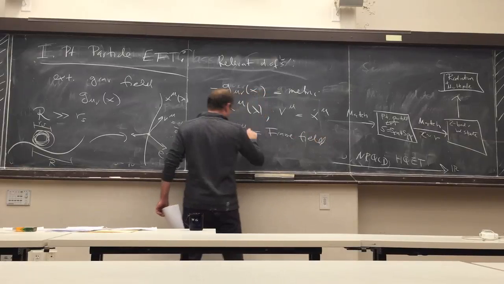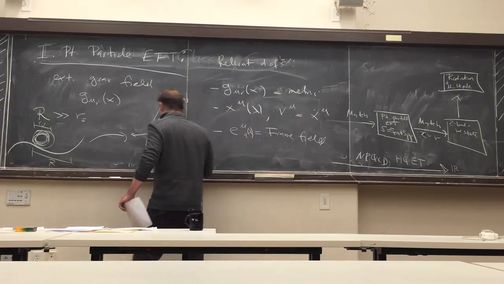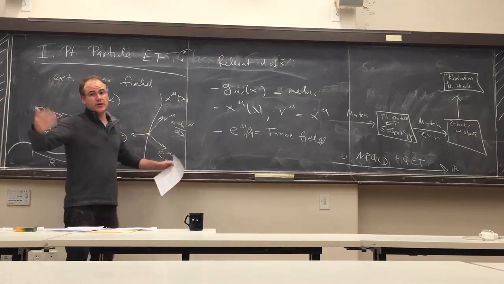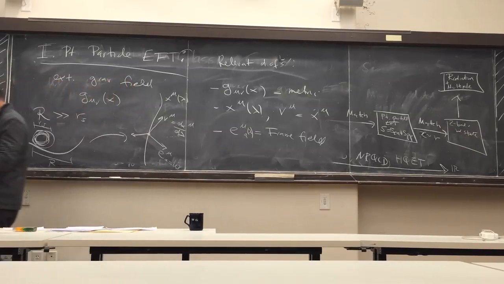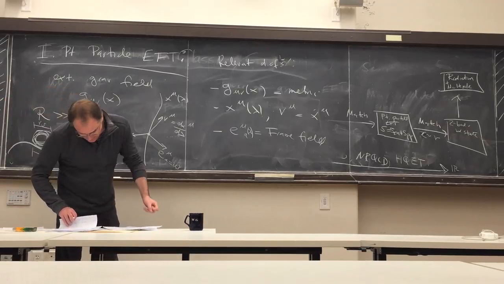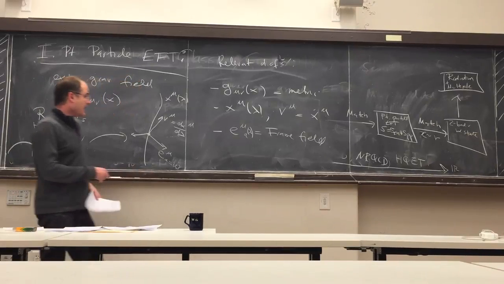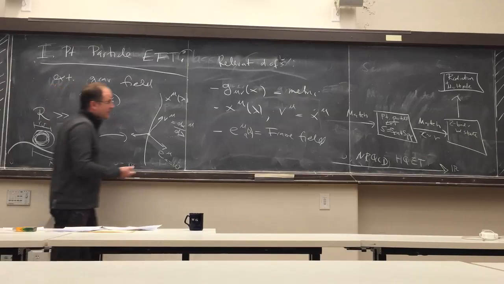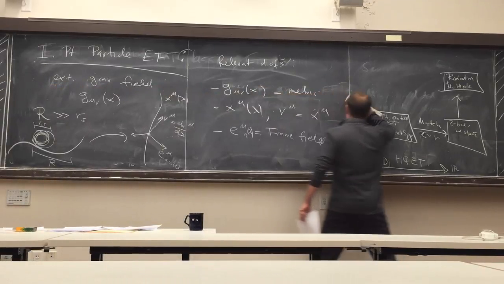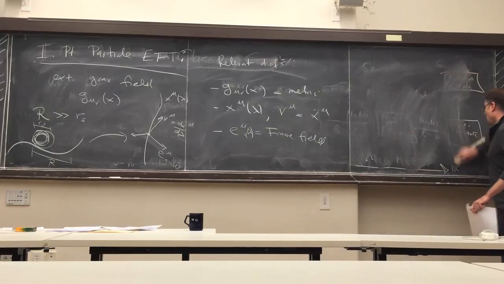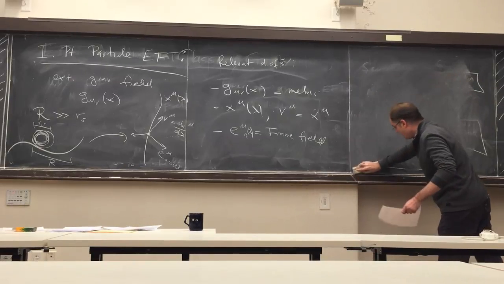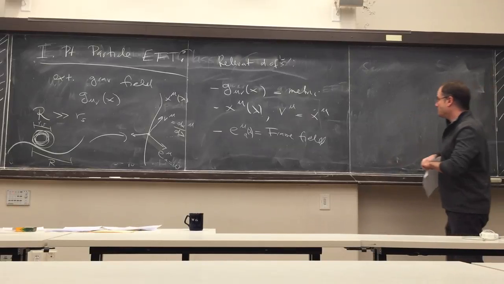So this frame field, it lives on the world line. It's localized on the object. It just tells you how this thing rotates relative to other frames at infinity. And then the idea, as usual, is you just write down, so these are the things that show up in the theory, and then as in any other effective theory, you write down the most general action consistent with the symmetries. The symmetries of this problem are